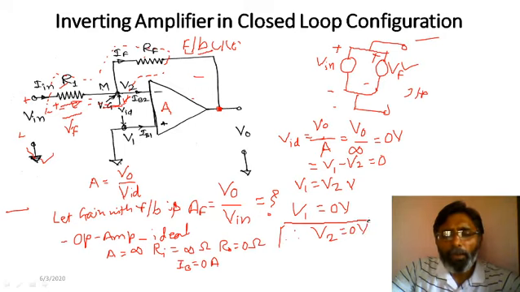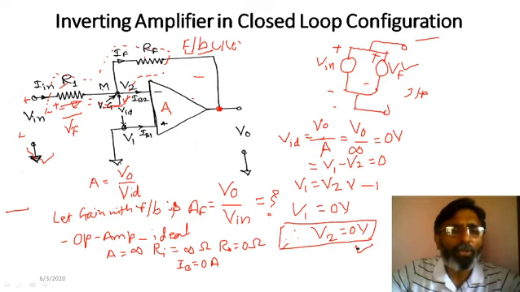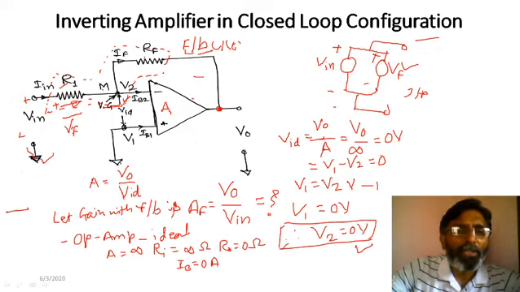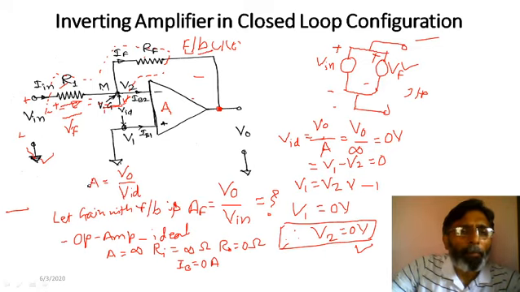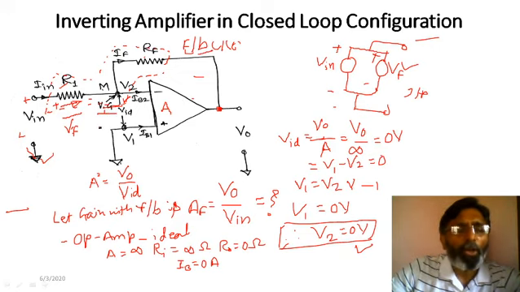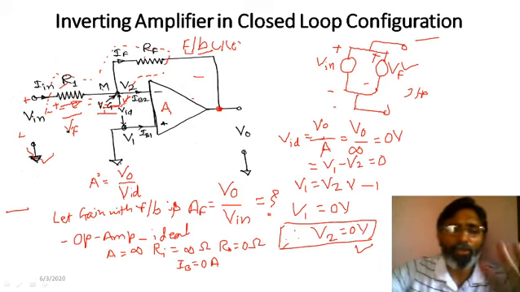This is equation 1. But as this V2 is not physically connected to the ground, this is known as virtual ground. As we have seen, it is written here, this is the virtual ground. This VG means virtual ground. So this V2 point is known as virtual ground, meaning it is a ground but not connected physically to the ground, so it is known as virtual ground.